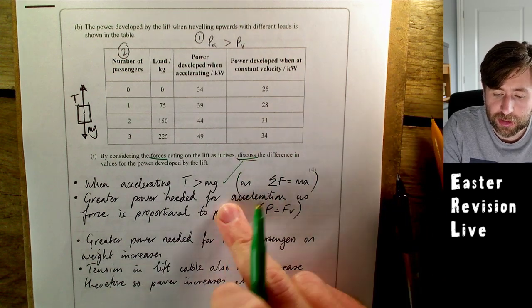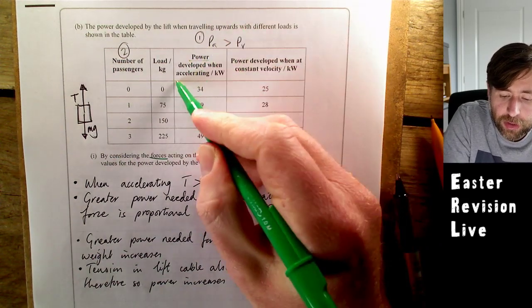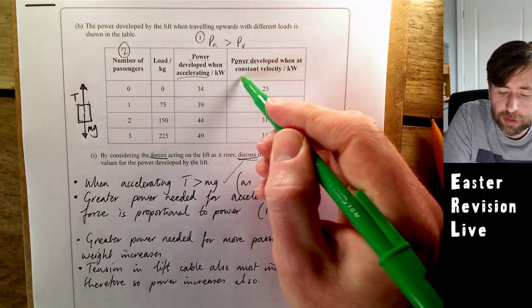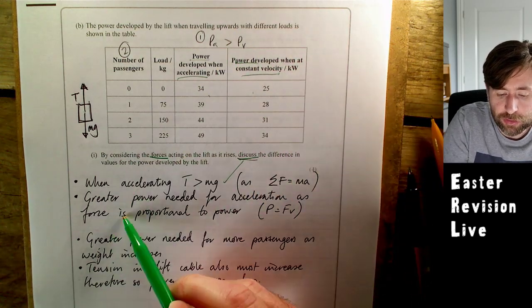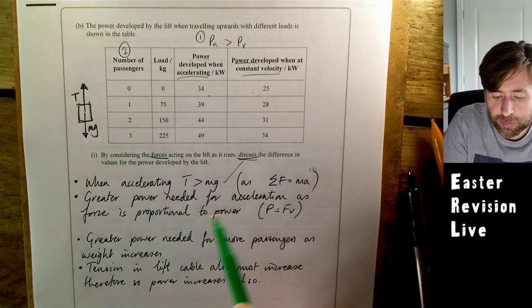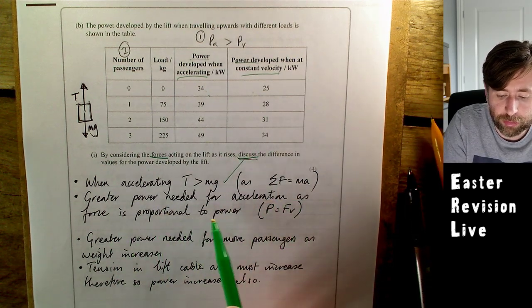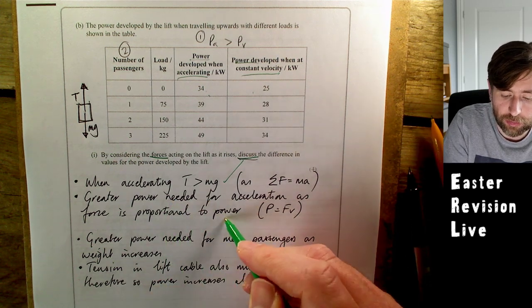Now during the acceleration, look, you've got greater, so this is the power when accelerating, this is the power on constant velocity, and notice these are always bigger than these. So during the acceleration, this is bigger than this. Okay, there's greater power needed for acceleration as force is proportional to power. So greater force needed from the motor, and therefore larger